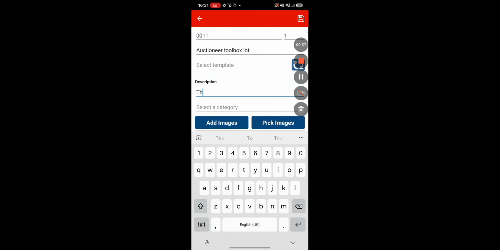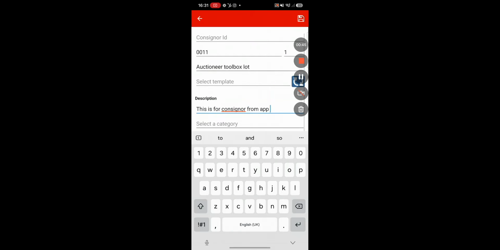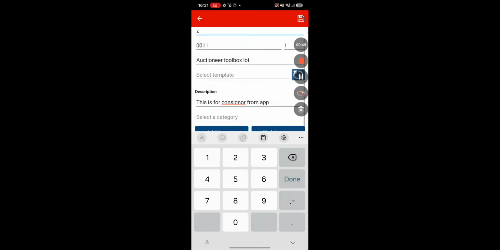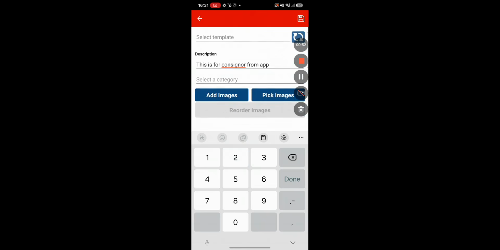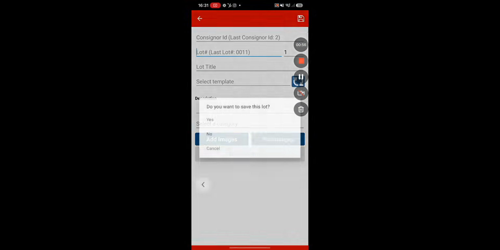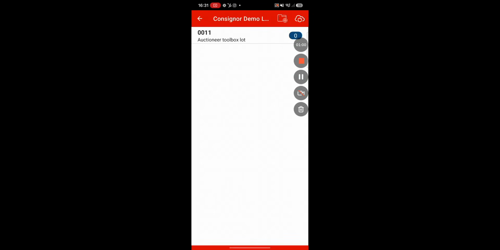Okay, and then I'm going to add just a quick description. And then all you want to do is at the very top here, just same as before, add the consignor ID into this field here. And then you want to click on save, and then that's that done. So then once you're finished adding your lots and cataloging them from the app, you just click on the sync button in the top right hand corner. And then now if you go back to the page on our auction site, we'll see